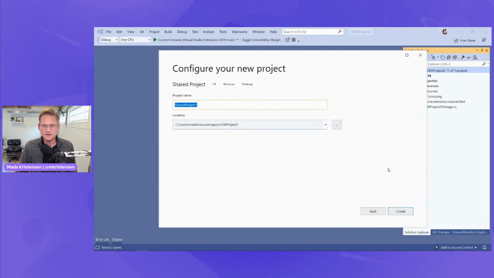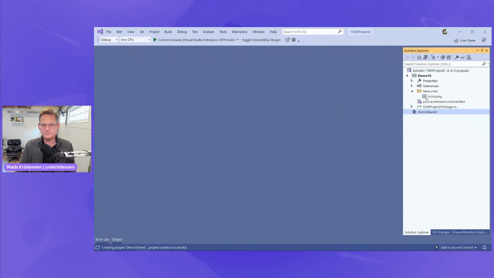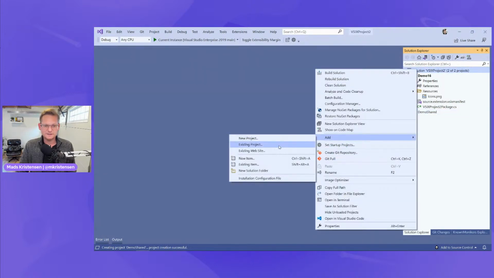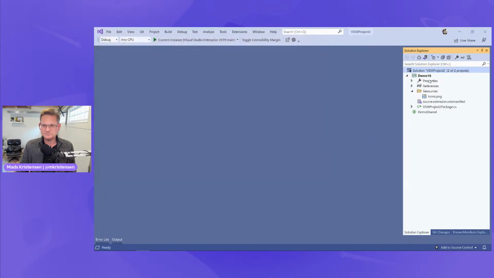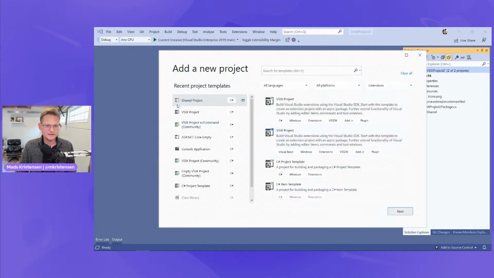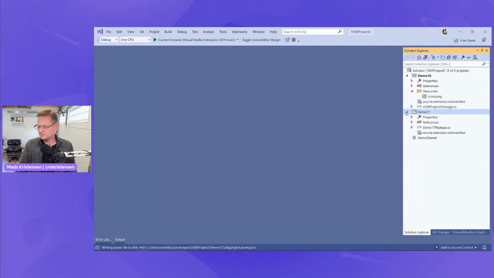That's what I need. So next to demo 16, I'm going to call this demo shared. There we go. And then I'm going to add another new project, not an existing one. I'm going to add a V6 project, and I'm going to call this demo 17. Okay.